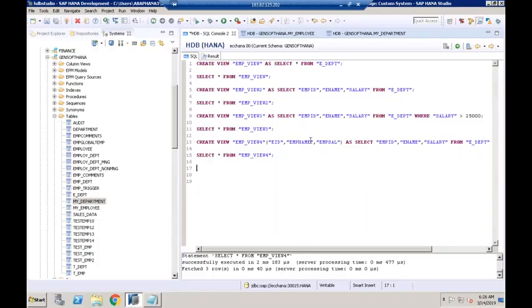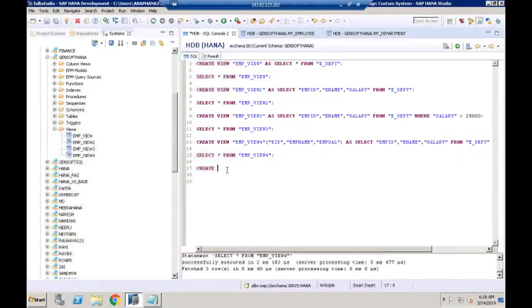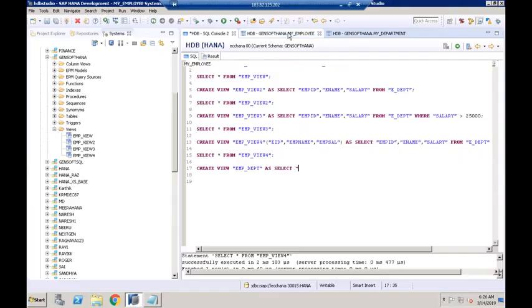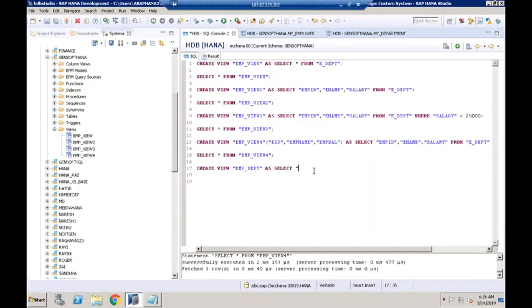So let's say create a view. What views are available here? These are the views available. So I'll say create a view. I'll give the view name as EMP_department as select. From the employee table, I want to give access to 3 columns: employee number, employee name, and employee salary. Okay, 3 columns. I'll say select